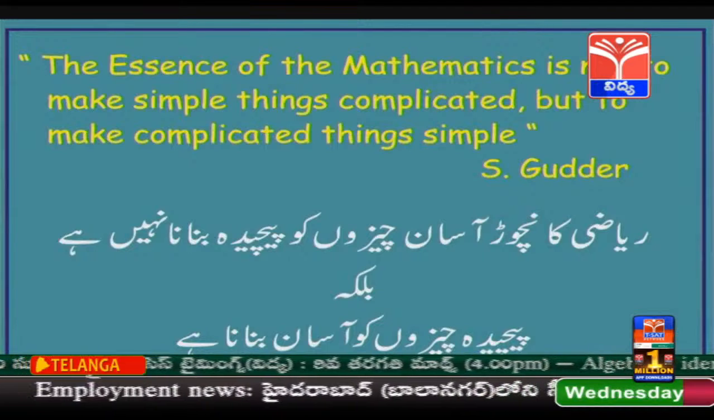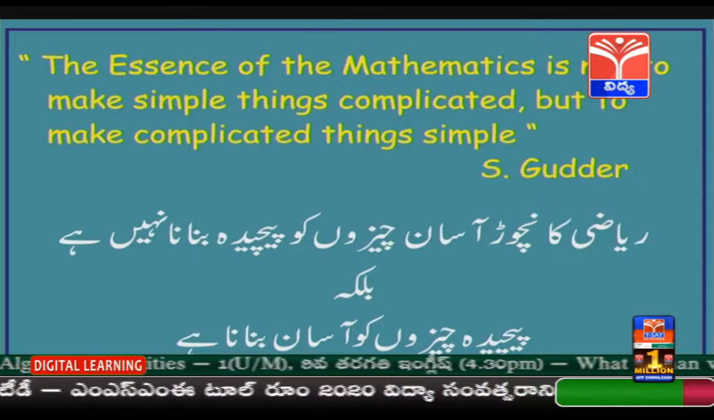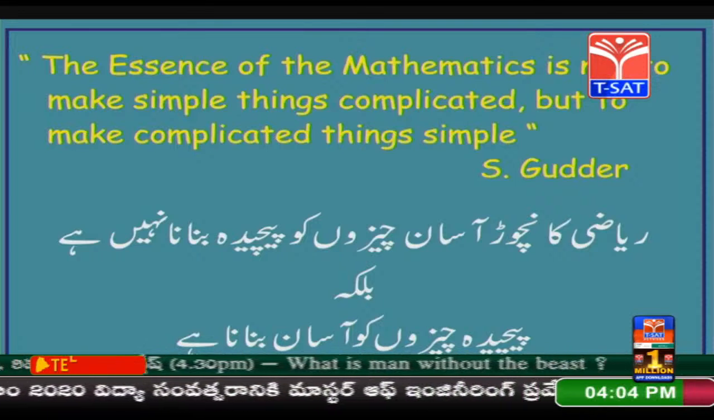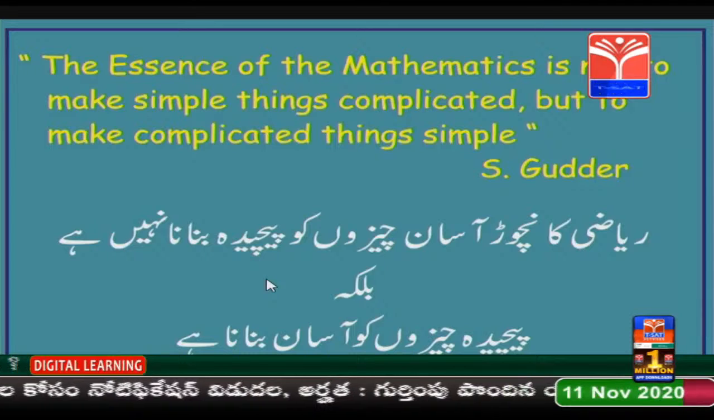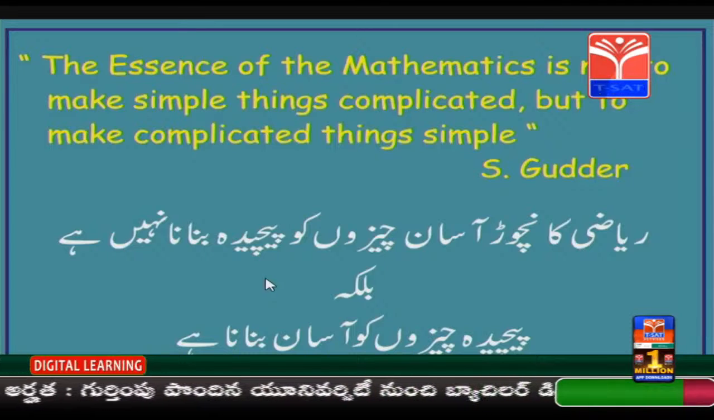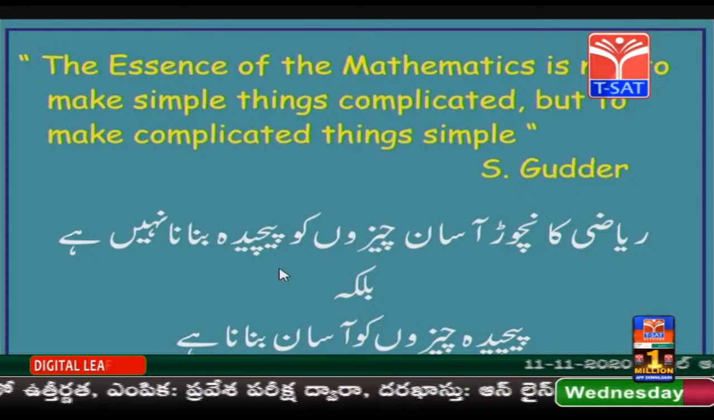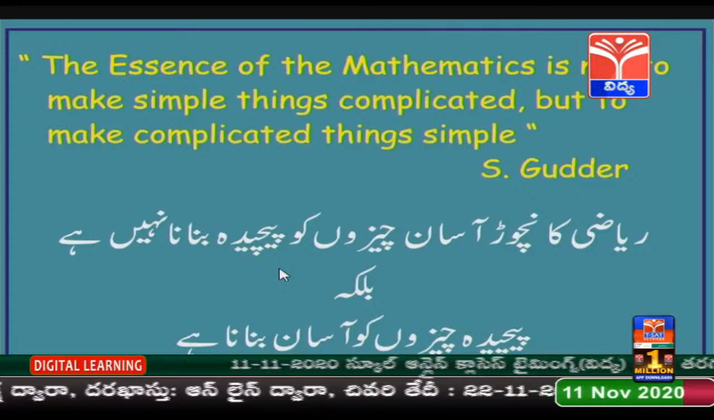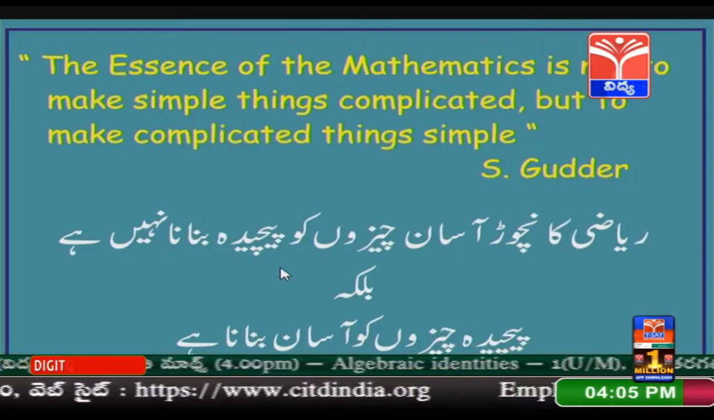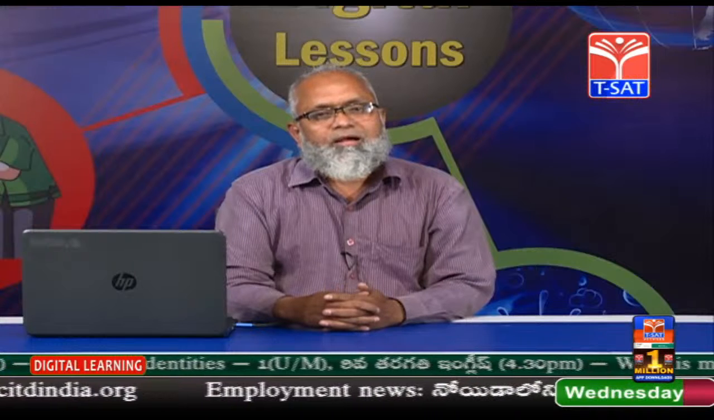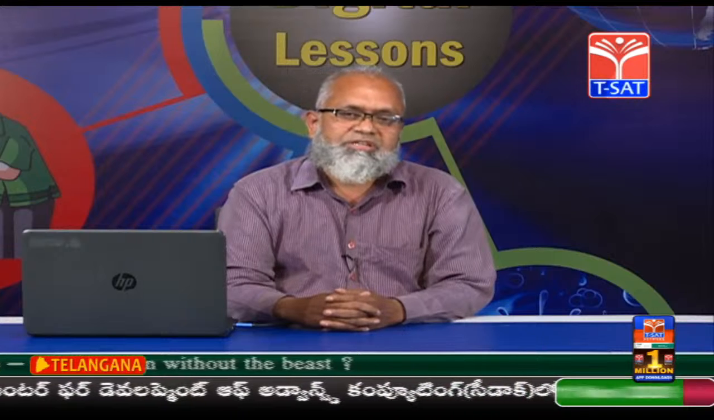پیارے بچوں، the essence of the mathematics is not to make simple things complicated but to make complicated things simple. ریاضی کا نچوڑ آسان چیزوں کو پیچیدہ بنانا نہیں ہے، یعنی ریاضی کی روح، ریاضی کا نچوڑ آسان چیزوں کو پیچیدہ بنانا نہیں ہے بلکہ پیچیدہ چیزوں کو آسان بنانا ہے۔ یعنی ریاضی آسان چیزوں کو پیچیدہ نہیں بناتی بلکہ پیچیدہ چیزوں کو آسان بناتی ہے۔ عزیز بچوں، آئیے ان الجبری متماثلات کو ہم آسانی سے سمجھنے کی کوشش کریں گے۔